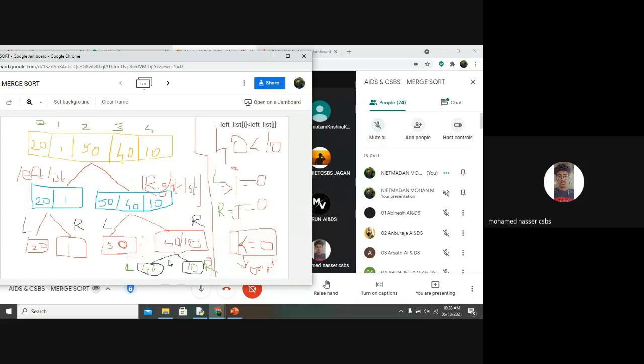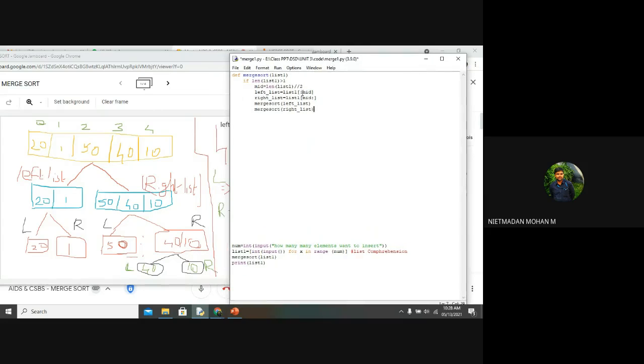Yes, sir. We have split the list by using the merge sort recursive function and the splitting function. It will do a lot of operations, and I can't explain all of them. If you understand the left side operation, then you can automatically do the right side operation. It depends, and all of it happens as a back-end process, but the step is the same. This will be the procedure.